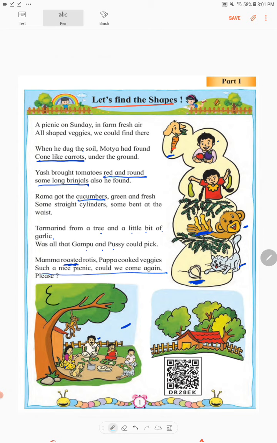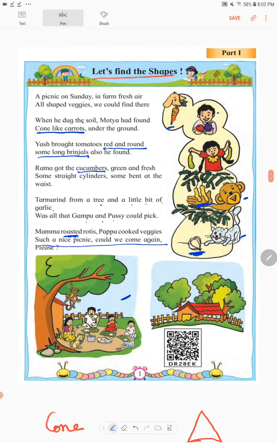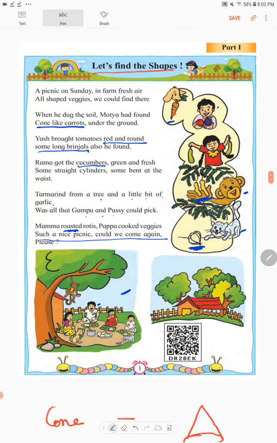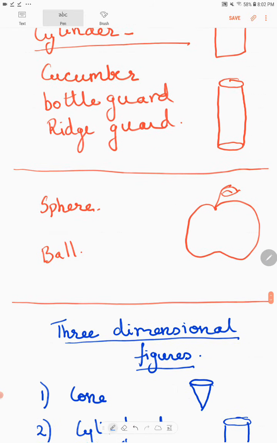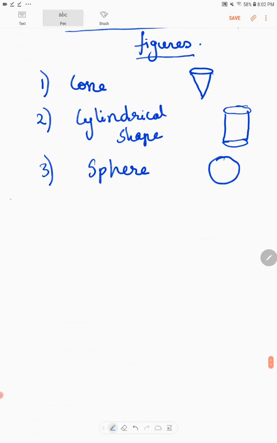Rama got the cucumbers, green and fresh, some straight cylinders, some bent at the waist. Tamarind from a tree and a little bit of garlic was all that Gampu and Pussy could pick. Mama roasted rotis, Papa cooked veggies. Such a nice picnic. Could we come again, please? Do you like to go for a picnic? Yes, everybody.